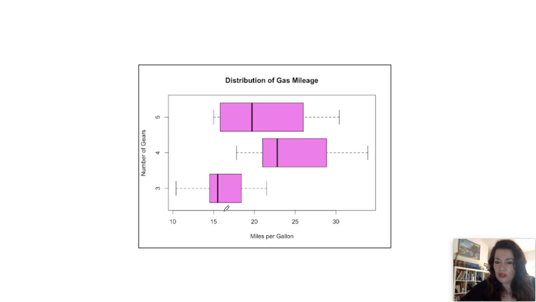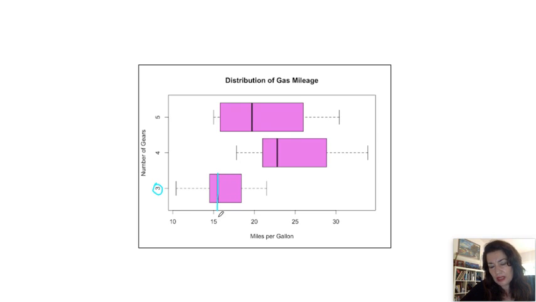All right, so here we have distributions of gas mileage. So if you want to pause the video and see if you can compare the median, the IQRs, or the minimums to the maximums, then go ahead and do so. All right, so for the 3 box plots where it says distribution of gas mileage, I can see that the first one, which is number of gears, the one that has 3 gears, has the smallest miles per gallon